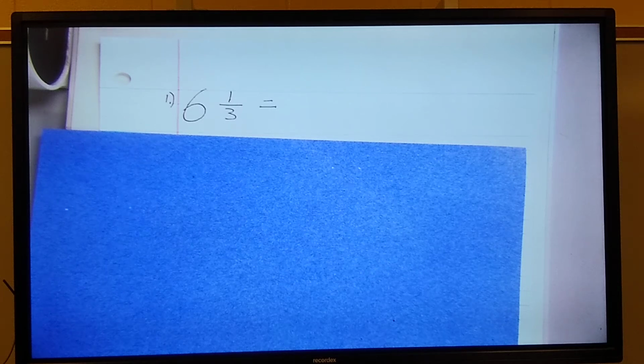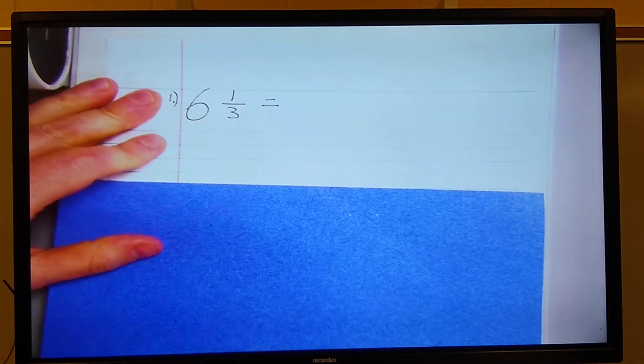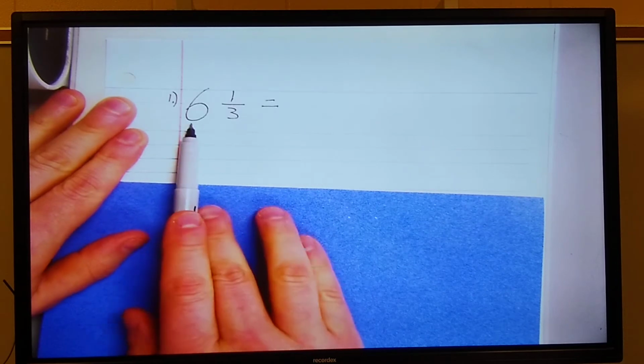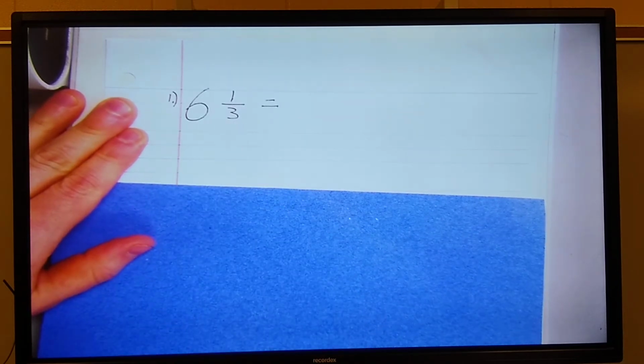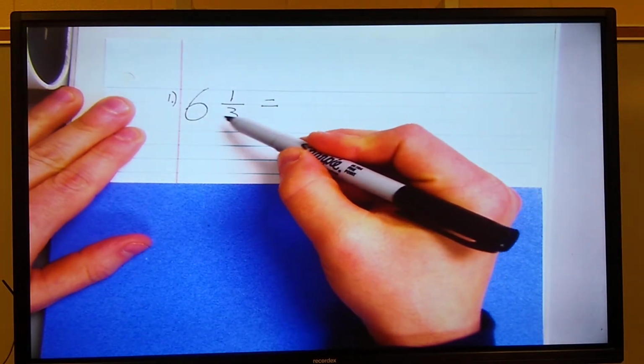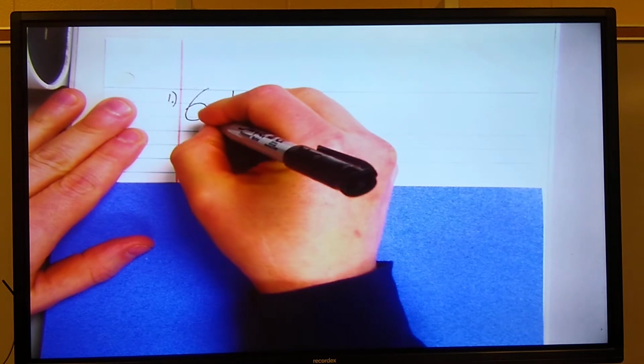Little fifth graders, it is time to practice changing mixed numbers into improper fractions. This one, you will watch what I do. If you want to change a mixed number, which is a whole number and a fraction combined, into an improper fraction, you first take your denominator and multiply it